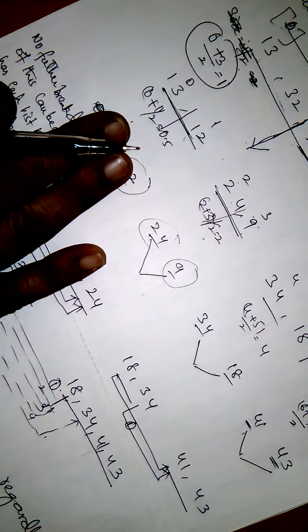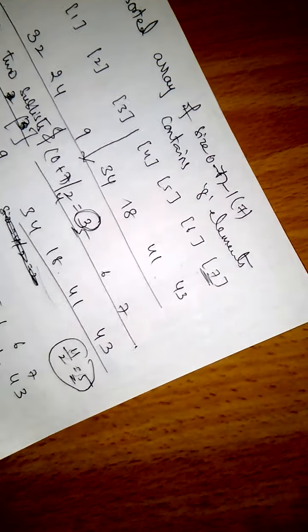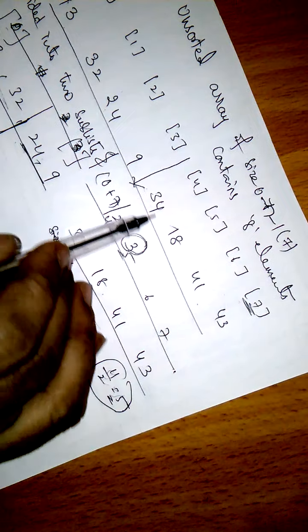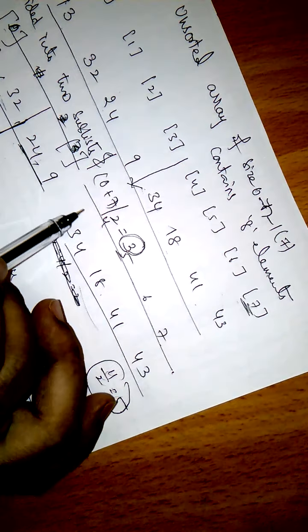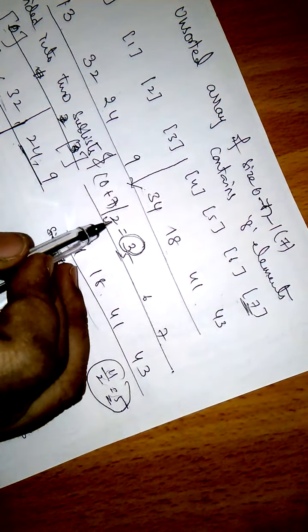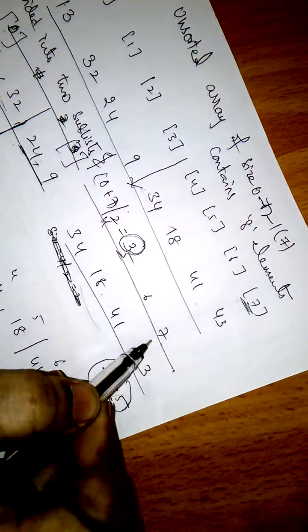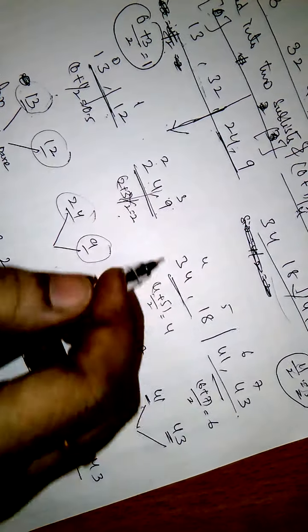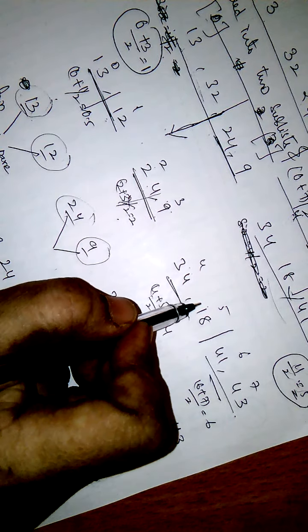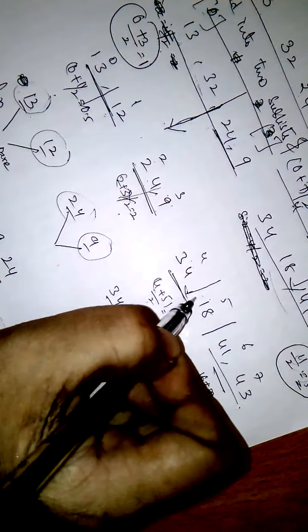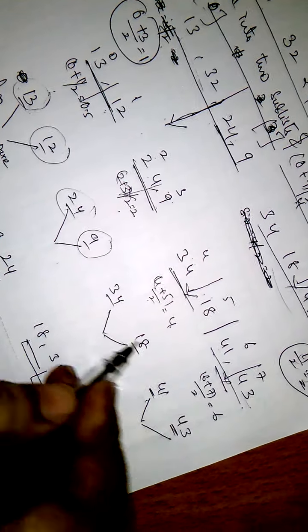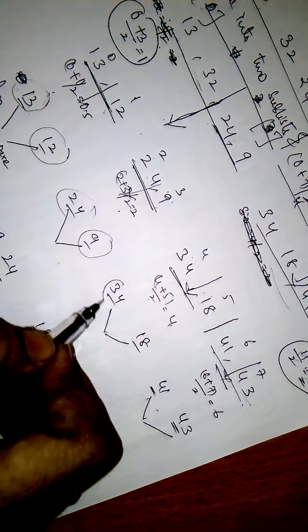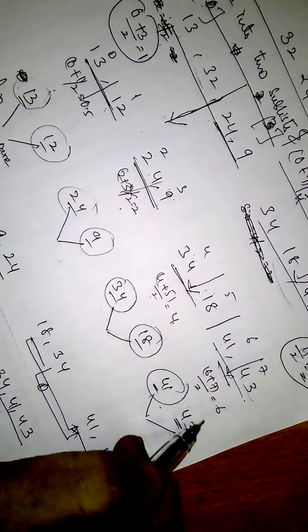Now again control goes here, to the next sublist, sublist 2. Again this sublist has to be divided into further sublists. What will you do here? The position is 4. 4 plus 7 by 2, 5. That means here we have to make a sublist. Now we will get like this. Again 4 plus 5, 9 by 2, 4. Here one sublist, again one sublist. So here we will get like this. Now this is one sublist, one sublist.